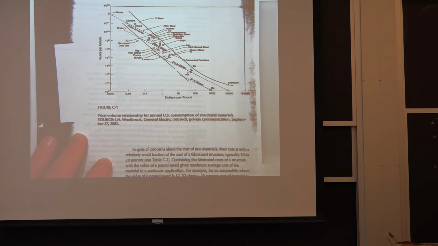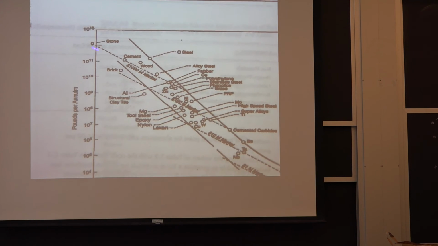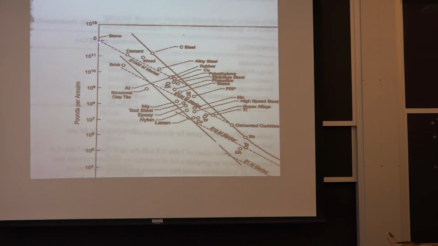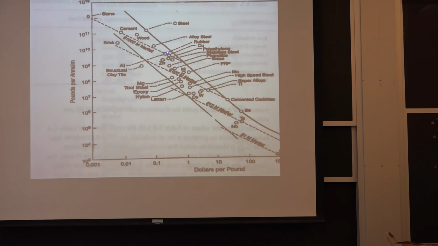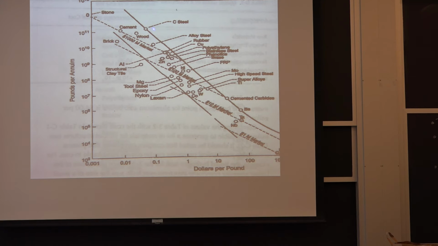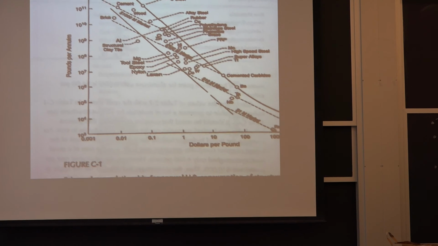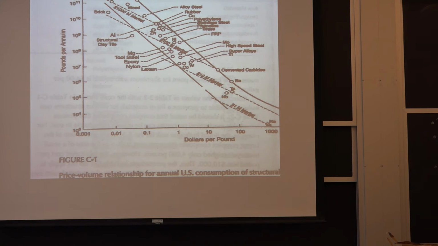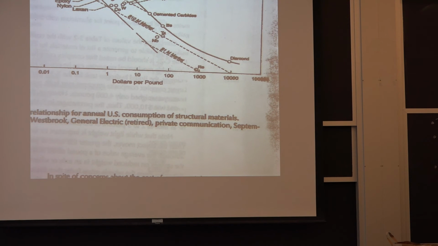And here's stone. Well, I guess I can blow it up for you a little bit. So here's stone up here, the most highly used material in the world. And it has been for millennia, okay? Here's cement, here's carbon steel. He's got alloy steel down here, used at about 1/10 the volume, okay? These are large numbers, 10 to the 11th pounds per year. That's a lot of material. These are ISO market size, okay? This was a $1 billion market in 1962. It's probably a $100 billion market today. But in any case, you come out here to the end, well, diamond is a structural material.